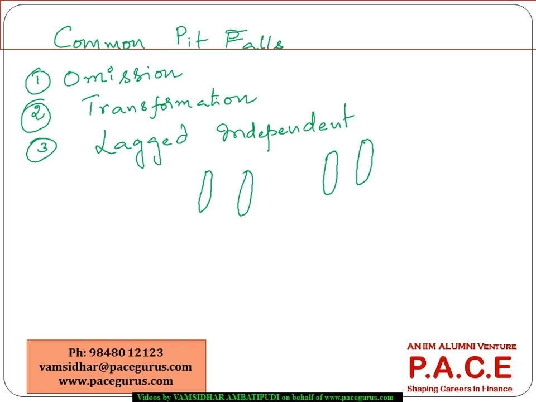Based on the sales of the last period, I say the profits of the current period will be dependent. These are called lagged variables. Sometimes if I want to find out the relationship between stock price and the profit of the company, depending on the profit in the previous quarter, the stock price in the current quarter could change. So these kind of variables, where the variable is lagged by one period,